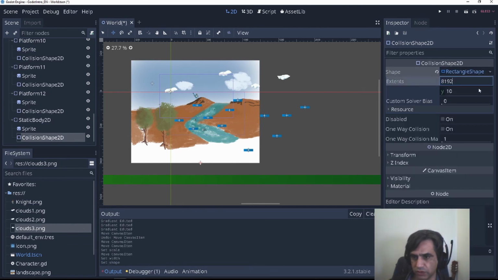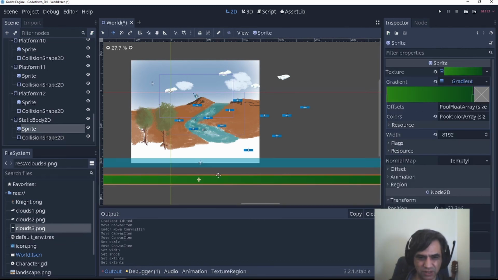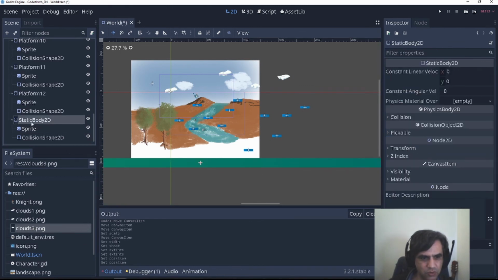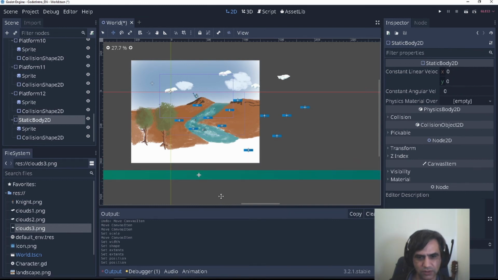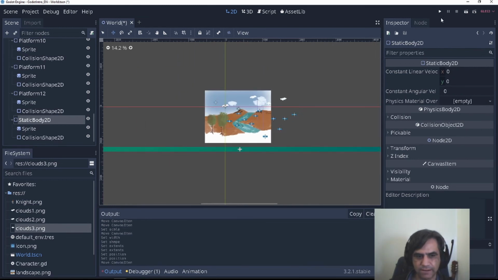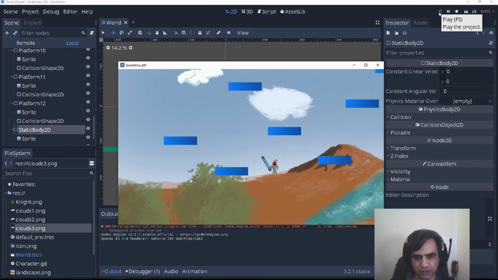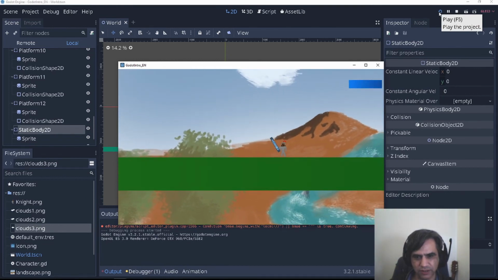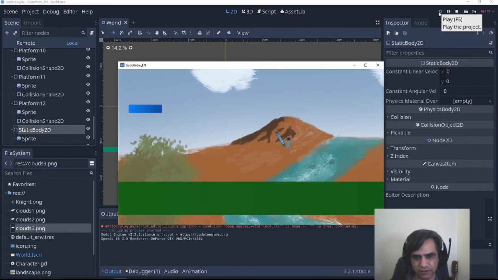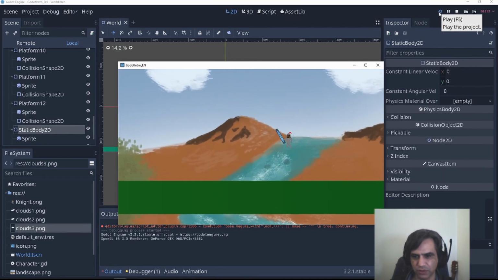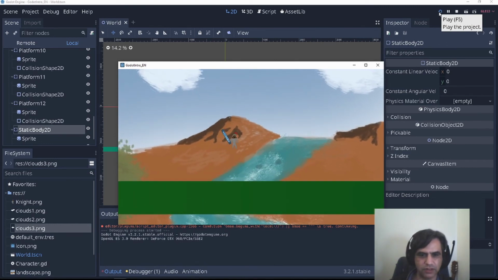This rectangle is going to be this divided by 2, and this is 64. And it's not in the correct position because I want to put this 0, 0, and I want to move the whole thing. So let's do something like that. So this way I have a place to fall. Yay! Of course, there is an end of the world somewhere, but I'm not going to fall there.